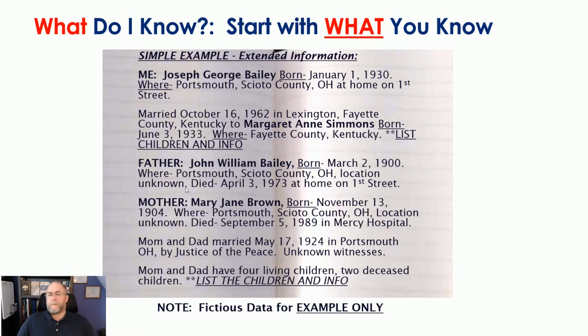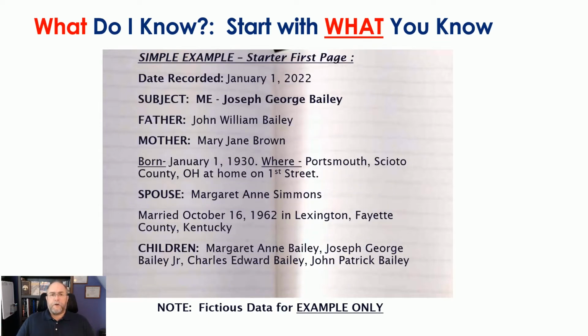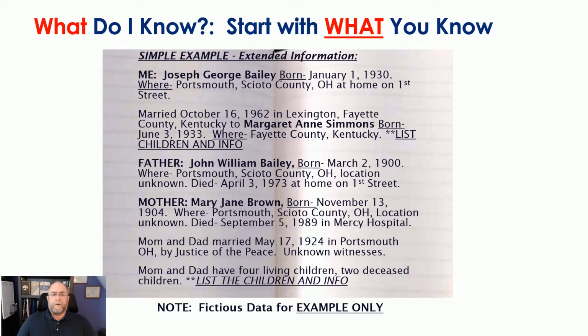And I also want to make a notation here. It's very important. You want to list the children, as I did backing this up. You notice here at the bottom of this page, I list the children's names for you or me in this case as the example, the fictitious example. Well, I have me, my wife's name, and the children's names if this was me or you. Well, you want to do that on each of the parents and each person as you go forward, because you're creating these sheets for your records.